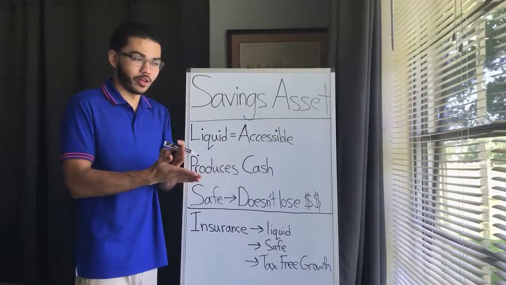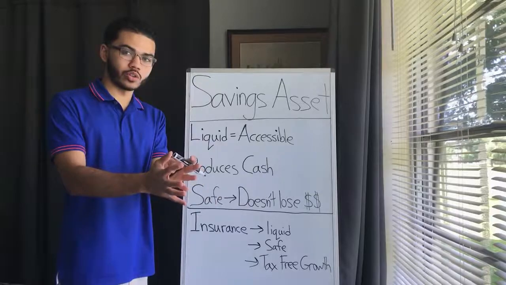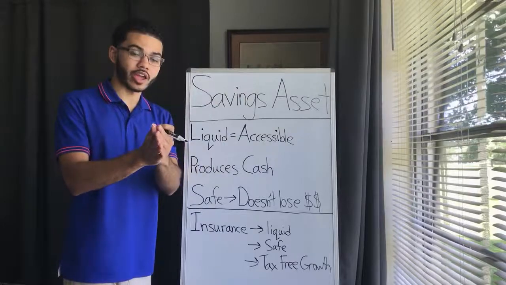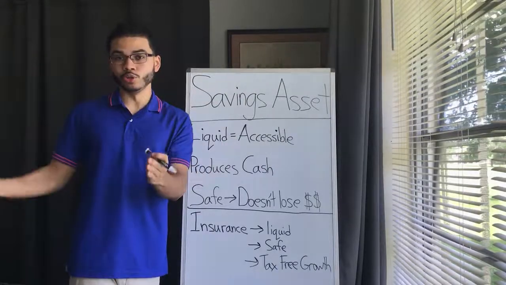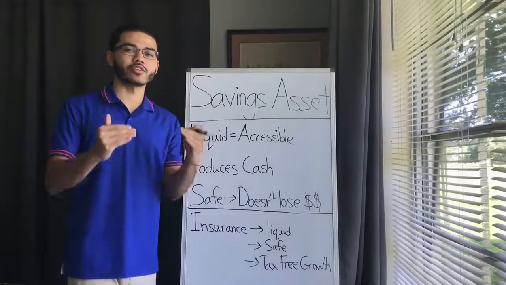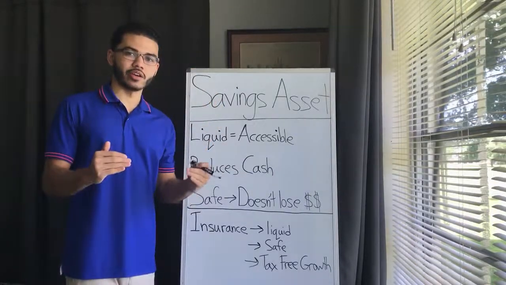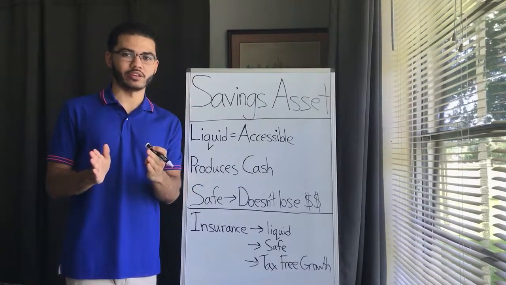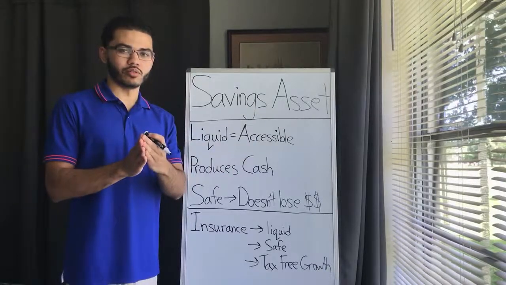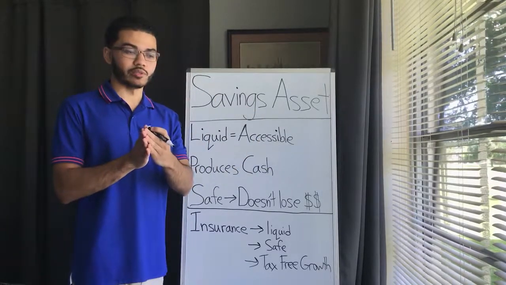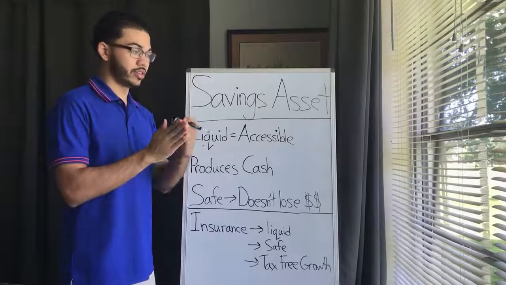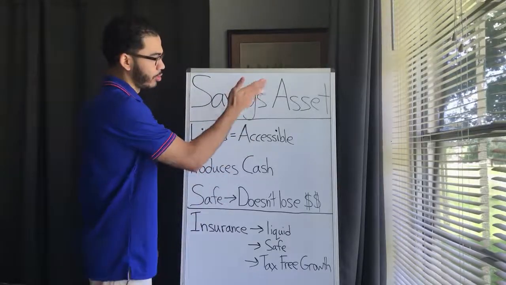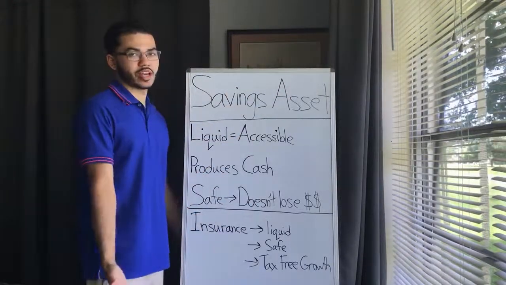Very, very important. Because if I'm saving money in a vehicle that has the potential to make money, but on the other hand, it also has a potential to lose money, I have to factor that into my risk. So, what if you didn't have to factor that in? Wouldn't that be effective, wouldn't that be better, safer, liquid, produces cash? Those are the three main components when we're talking about what is a savings asset. So that's what it is.